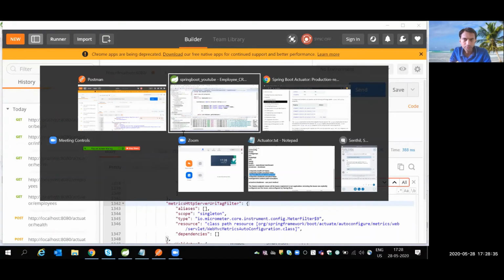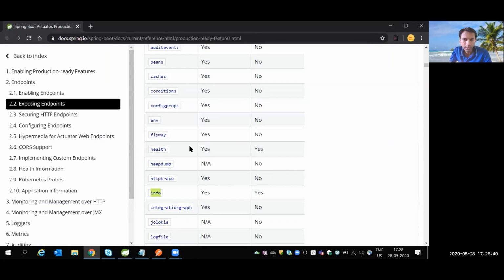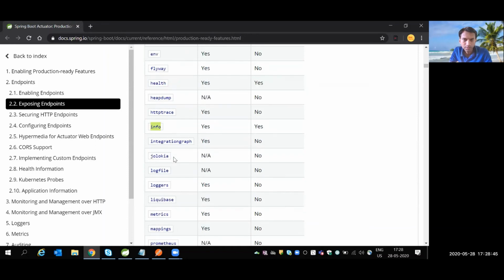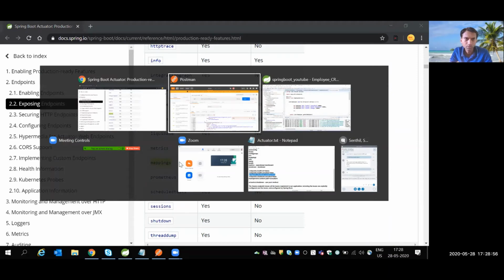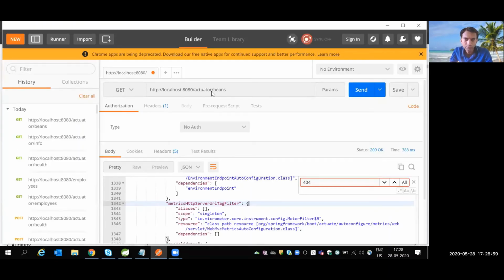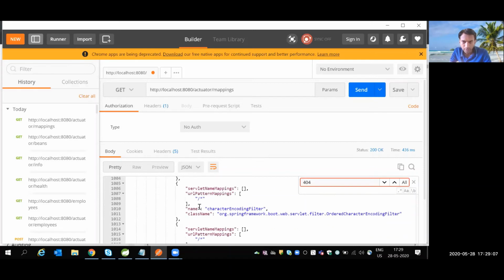So far, we have covered two endpoints: info and health. Let's see the next one. The next one you should ideally learn is mappings, because we don't know what mappings are available. This will help you view the various mappings. Actuator/mappings. In mappings also we are getting more than 1000 lines.